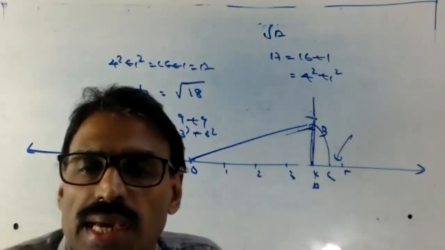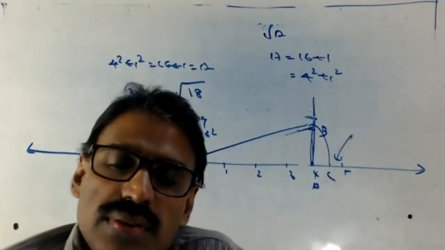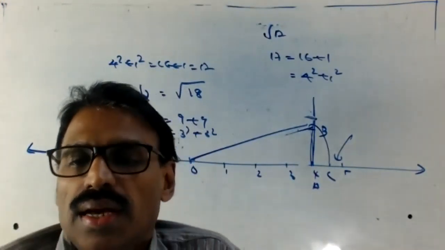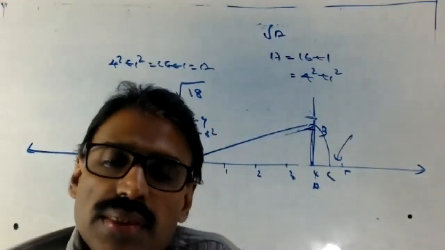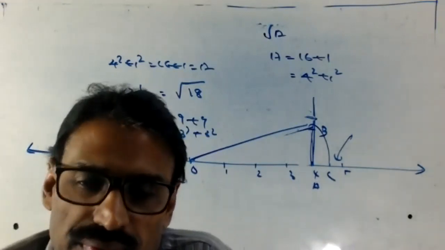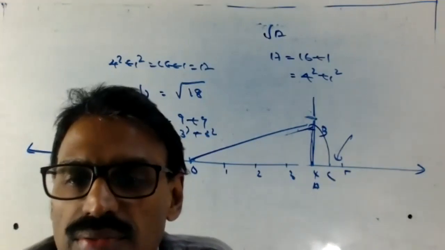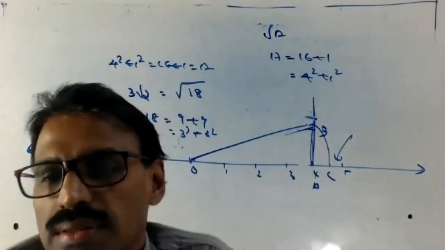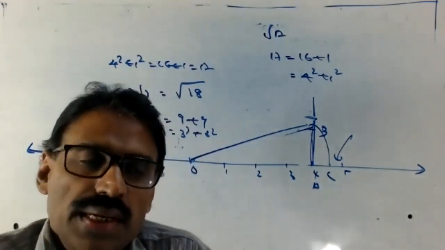We can represent any real number on the number line. Listen, any real number. Even root of 10.5, root of 4.5, root of 11, we can represent. Root of 7, we can represent. Okay, clear now? Any questions? Any real number.